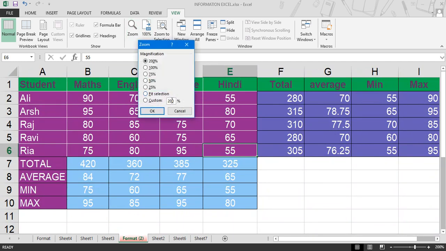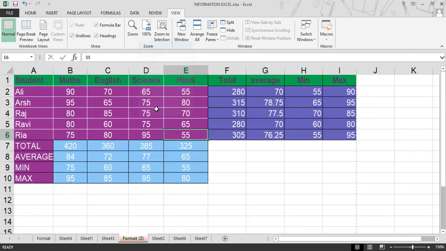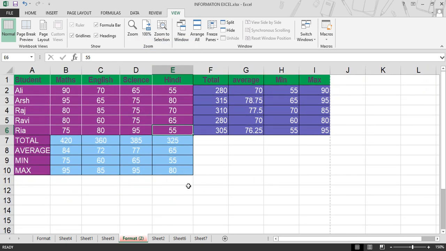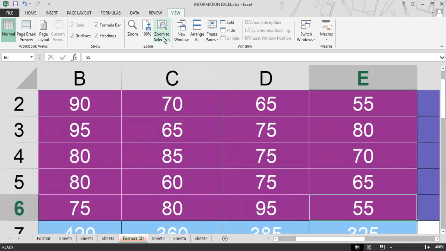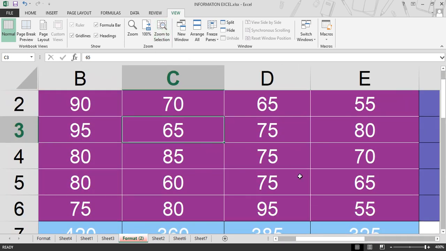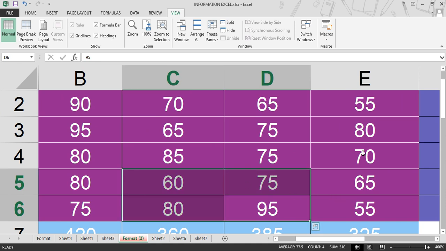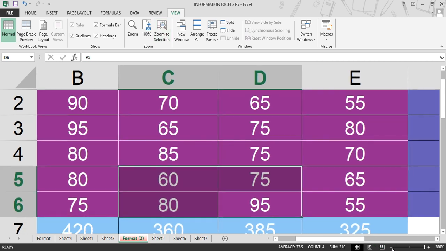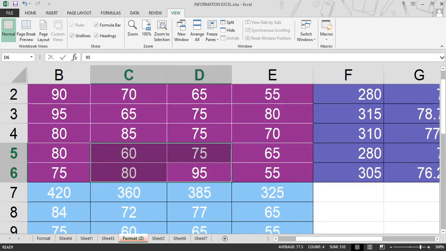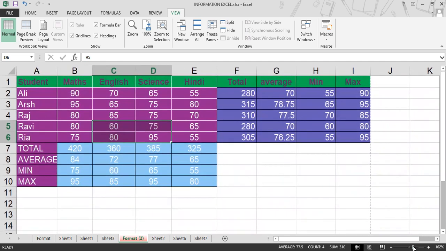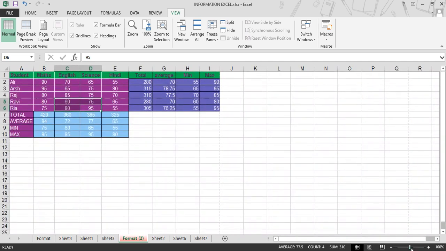For example 150. Click on OK button to apply it. Next is zoom selection. So in this way you can select anywhere in your sheet and view the information. Or with the help of this status bar you can increase or decrease the zoom.